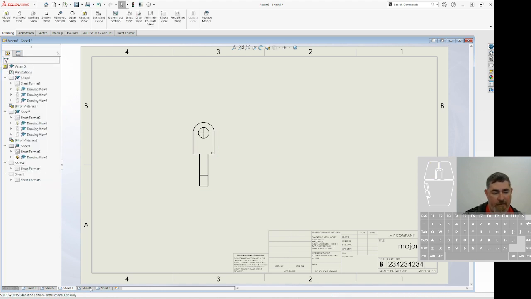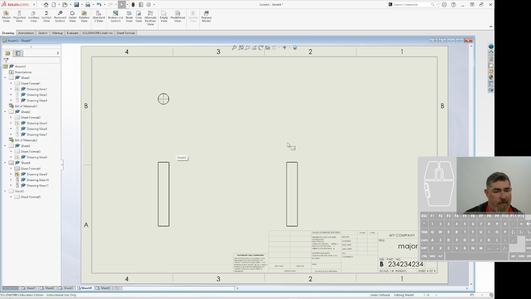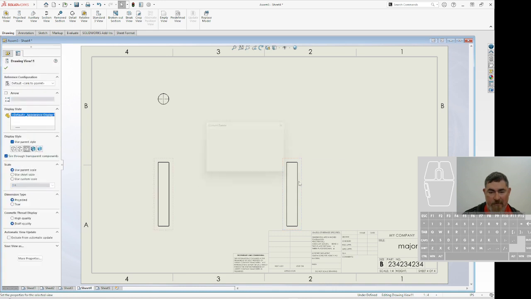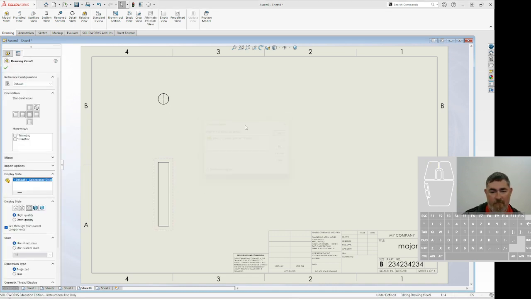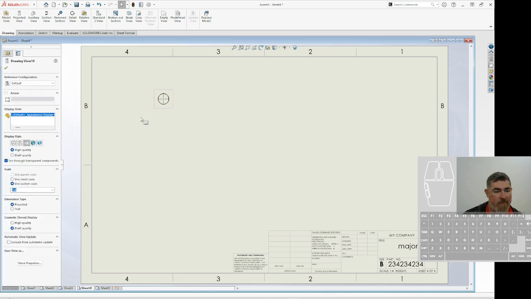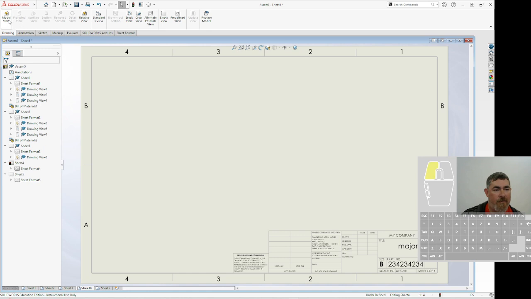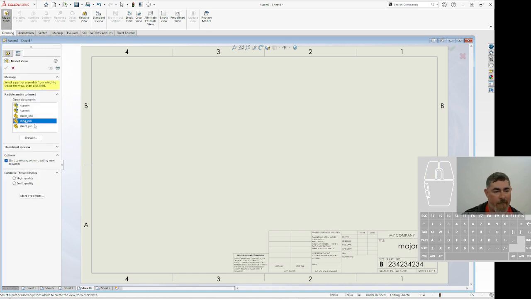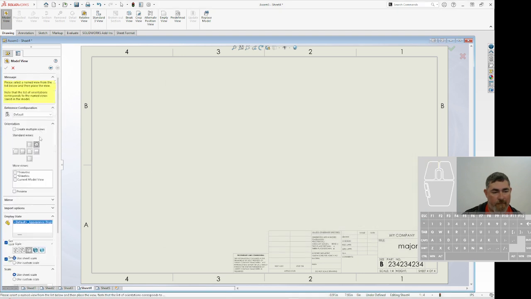Here I go to this sheet here, and I want to just bring the standard 3 view to the long pin, and it automatically drops in all 3. I don't need those, and actually the orientation was all wrong, so I'm just going to grab that, and I don't need that either. So I'm going to go to a new model view, long pin, and I just want the side view here,